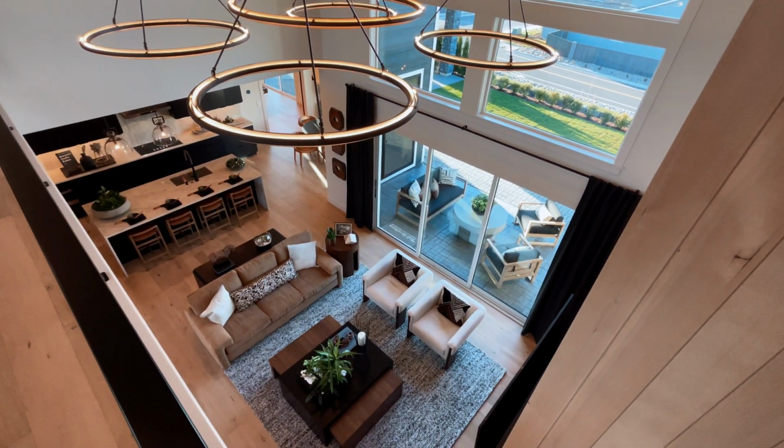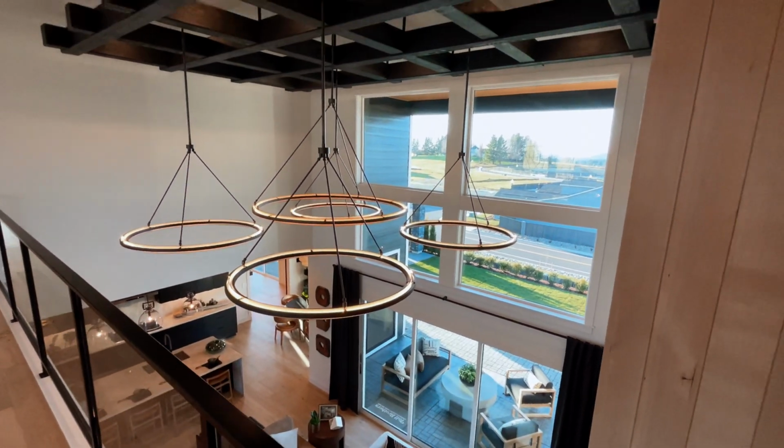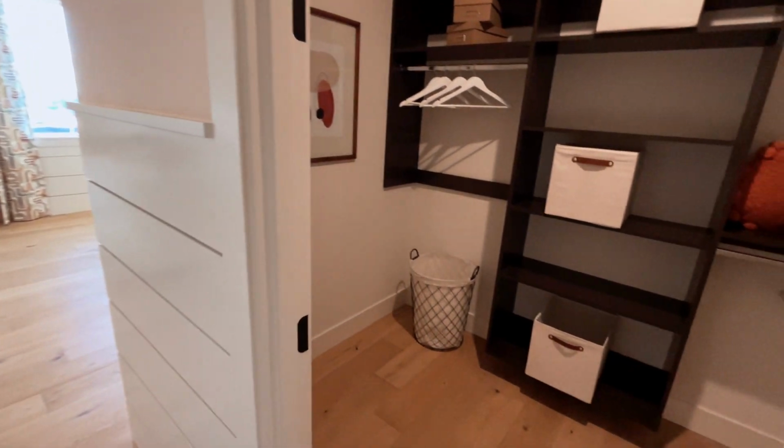I love that they put that up. It's much more art than it is for function, but it just really brings out how beautiful that ceiling is. Well, let's continue our tour, and here we are going to enter the first of 4 bedrooms on the second